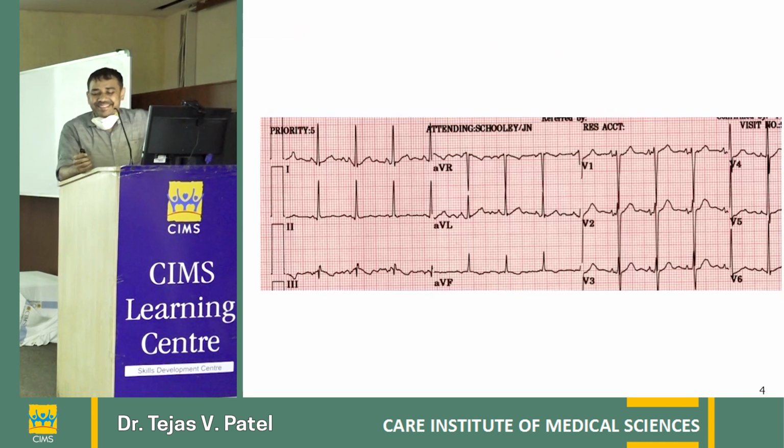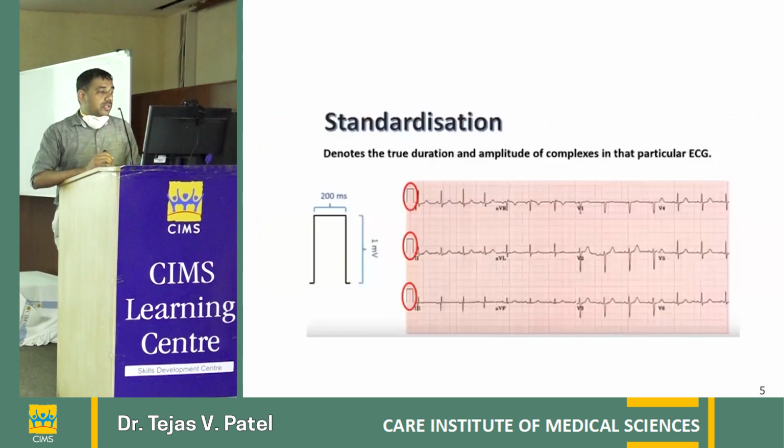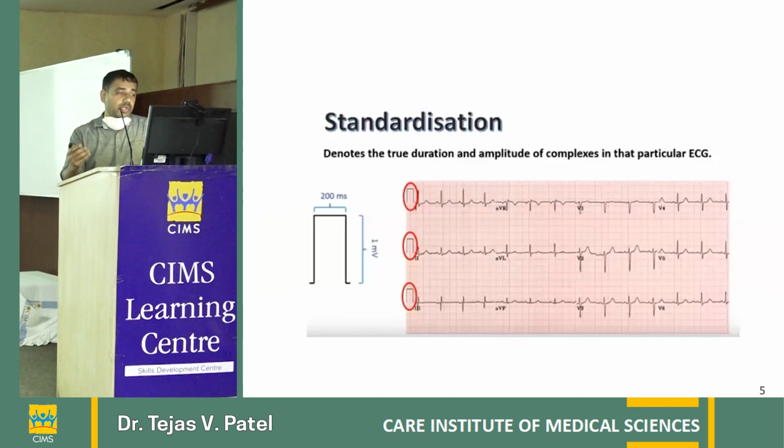Good, Hiren. So again, you can see the LV hypertrophy, but always look at the standardization. See the standardization here, which is absolutely wrong. I have seen this in the 6th floor ICU many times, that the patient has a double standardized ECG or sometimes a half standardized ECG, which gives totally wrong information. This has happened 8 to 10 times to me on the 6th floor because of new staff. So always remember that the standardization should be checked before interpretation of the ECG.